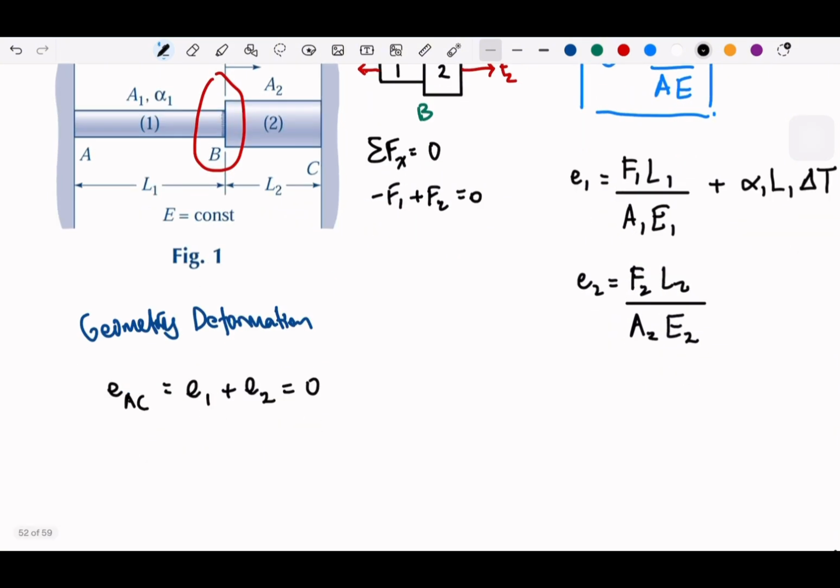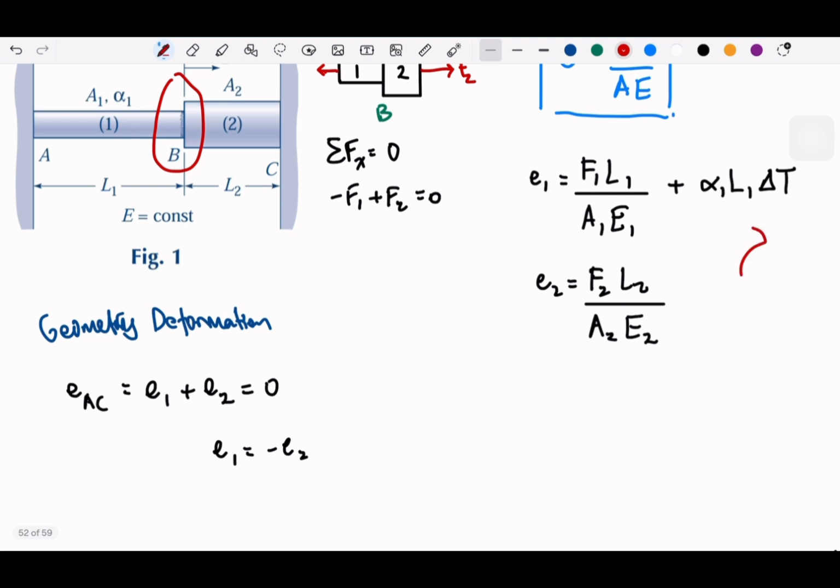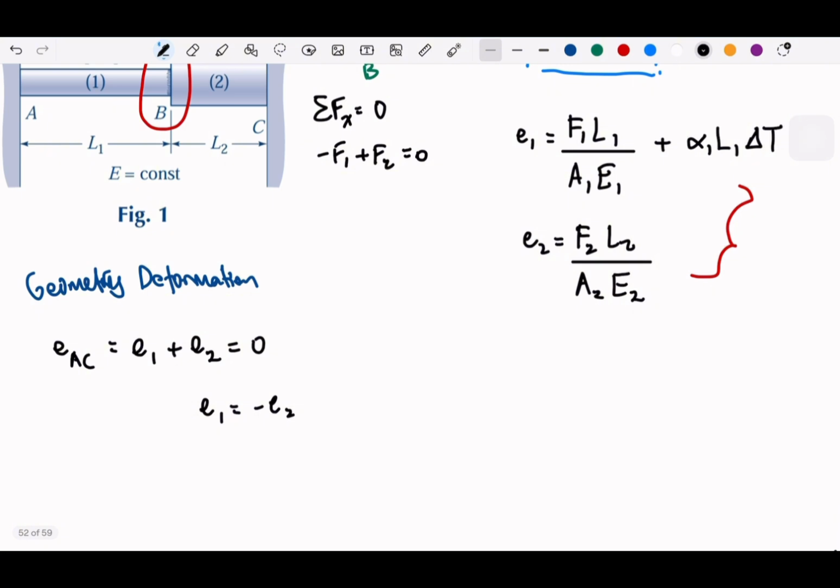So now, since it's 0, then E1 is actually negative E2, or you can say E2 is negative E1, which is the same thing. Which gives you all these components, which can be put into the equilibrium, or the geometric deformations. So we can write F1 L1 over A1 E1, and then plus